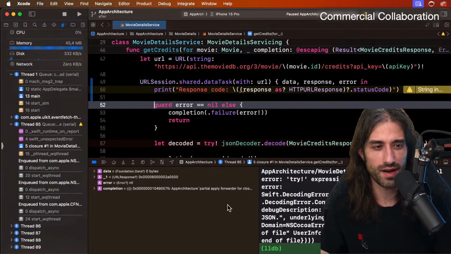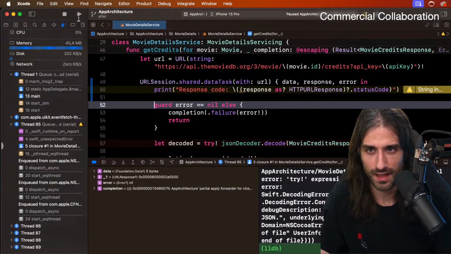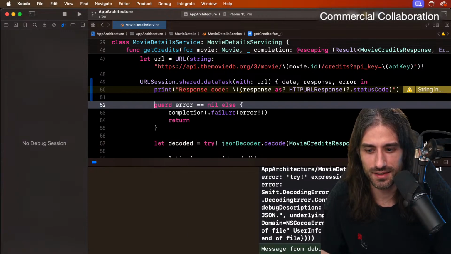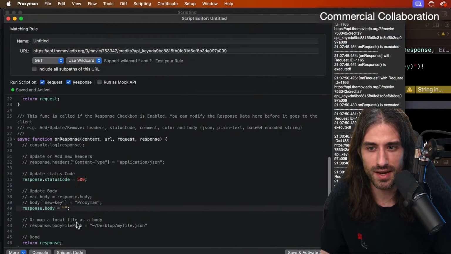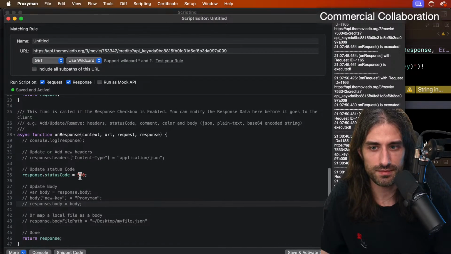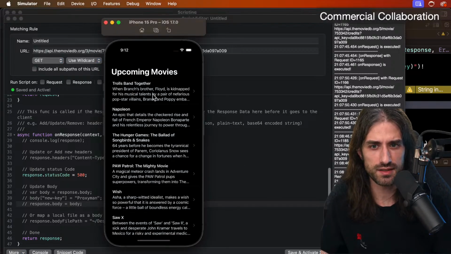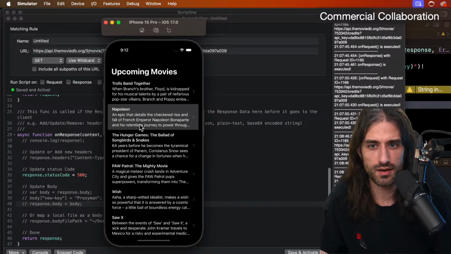This is the live stream where I write the least Swift code ever. So let me run the app again. In Proxyman, I'm going to remove this line where I was removing the body, and we'll see what gets executed. First, I'm going to uncheck both checkboxes so that the script doesn't run. The app has been restarted, so I'm going to run it,